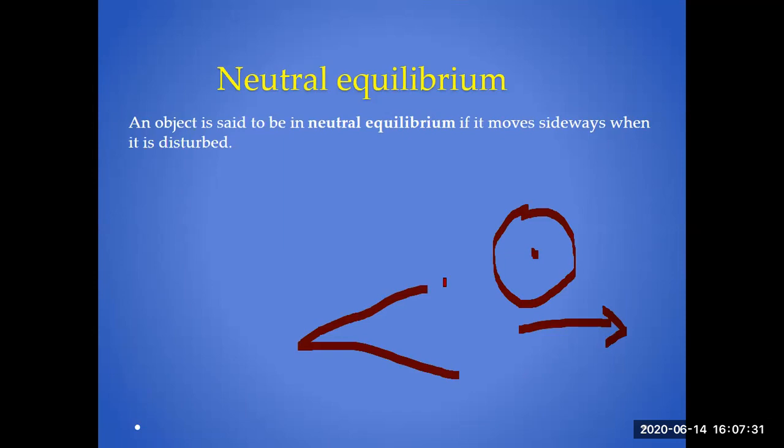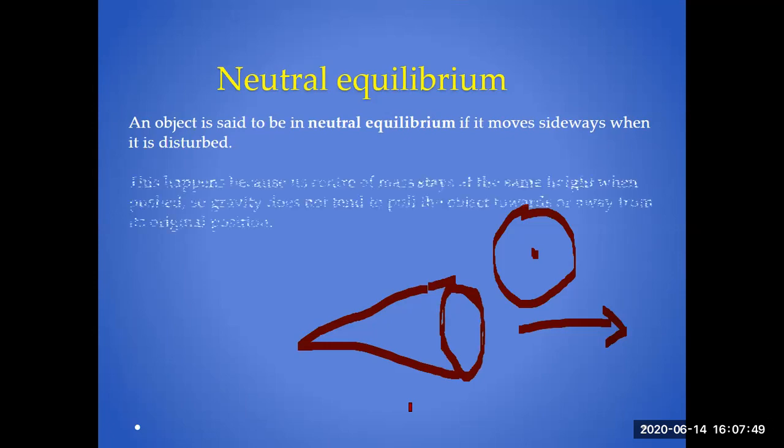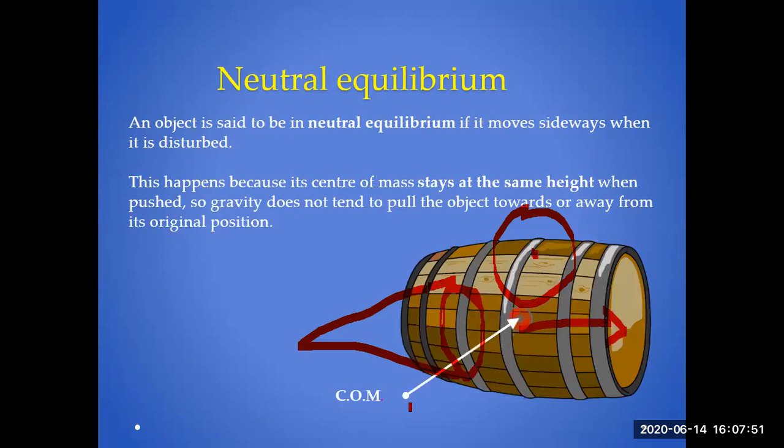Such is the case if you consider any type of cone. When you place it horizontally and roll it, after rolling, its position is neither increased nor decreased. It is maintained with its motion. So this type of equilibrium is called neutral equilibrium. Like a drum, you roll it down, you have marked it, and you will see that this point remains at the same place. It is not raised, it is not lowered.